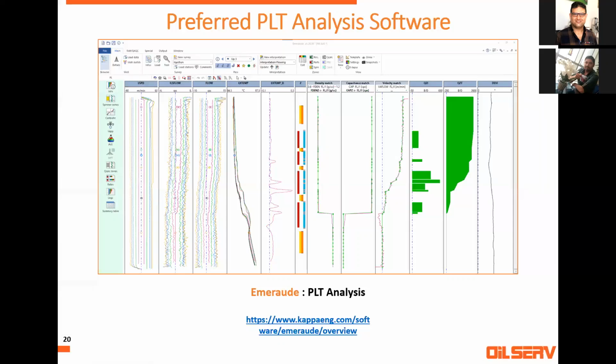As I mentioned before, they are fully integrated for reservoir analysis. So this is the interface, the screen for Emeraude, and you can have more. I will share the PDF of the lecture after the webinar. You can press on the link here, and it will take you to Kappa software for more information. This is the Emeraude user interface. You can load your data here and see your data after loading. You can make your interpretation using these steps one after the other. Maybe in the future, I can give a small lecture about PLT interpretation for one injector and one producer.